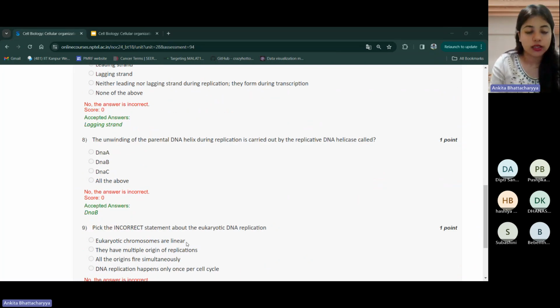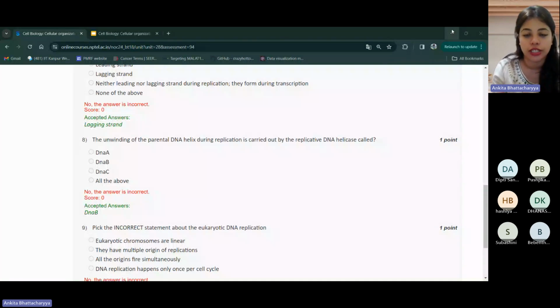For question 8, the unwinding of the parental DNA helix during replication is carried out by the replicative DNA helicase, called which of the following? The easier way to remember it is the order in which these individual proteins are recruited during the process of replication. In fact, I think that is the way in which the nomenclature of these proteins was also done. Since helicase comes second, therefore,